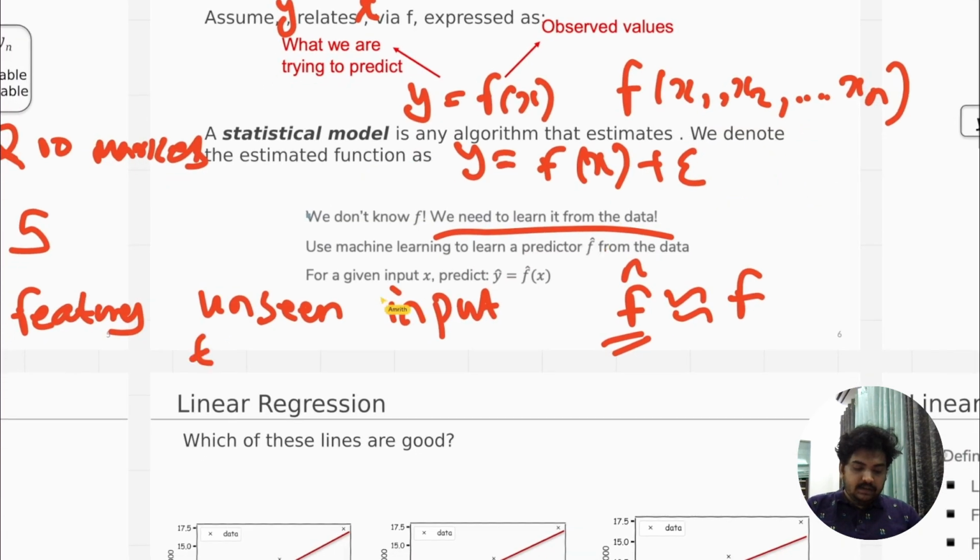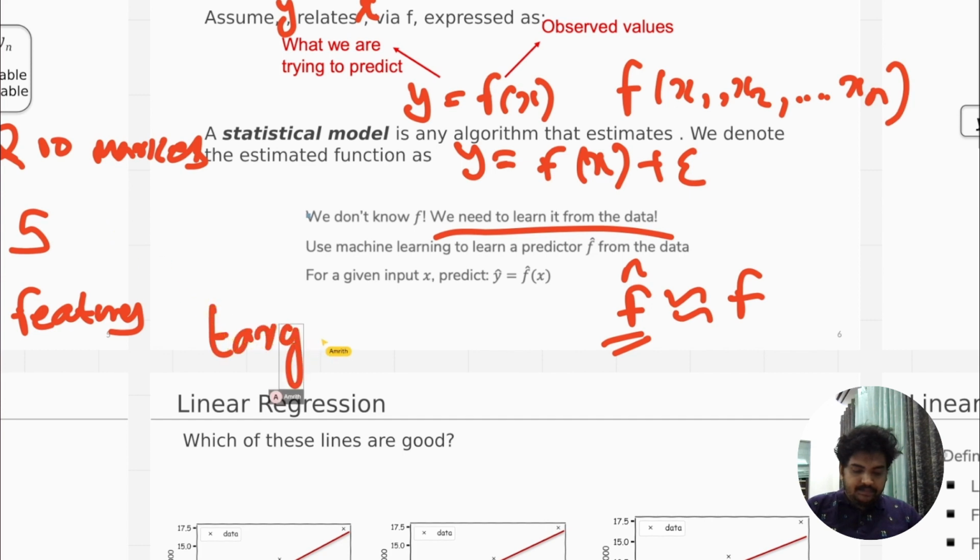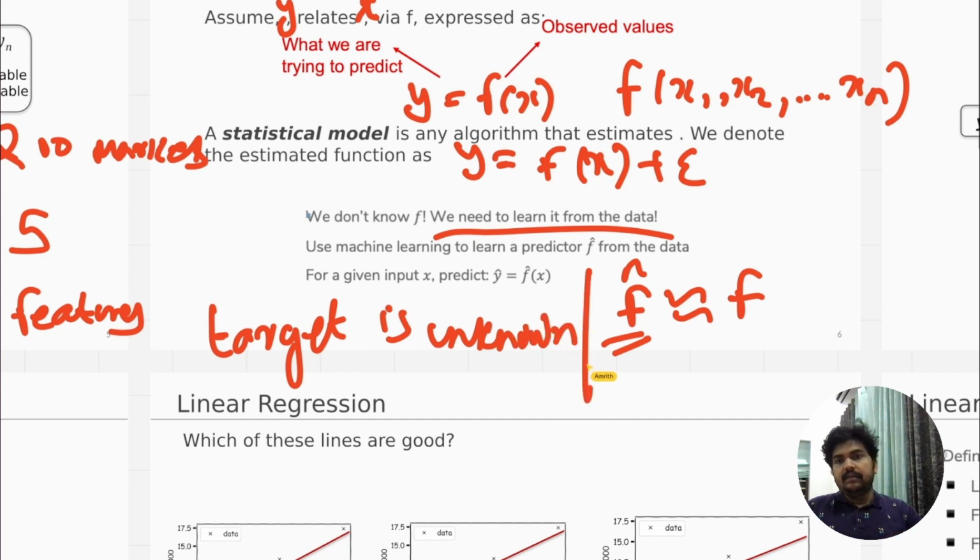The target, okay, maybe let me rewrite this. When the target is unknown, then I am basically trying to predict the best y or the best outcome which is as close as possible to the true outcome. So hence we say that, again,